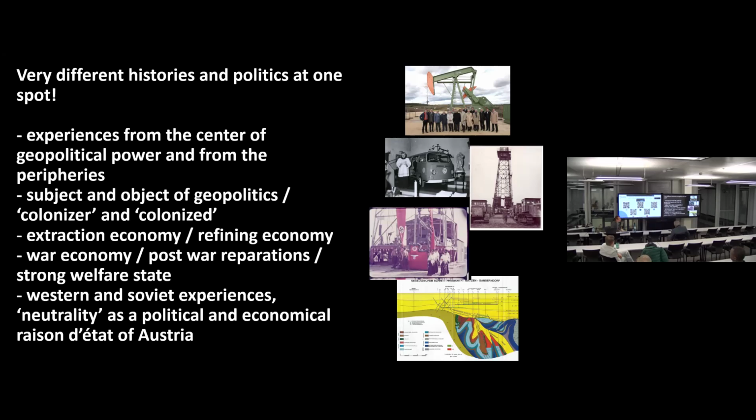So we don't have oligarchs or big oil companies here, but really something like the Austrian welfare state really profited a lot from these resources. And why? Because it was this social democrat